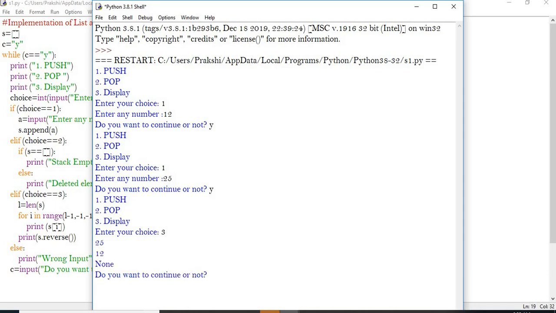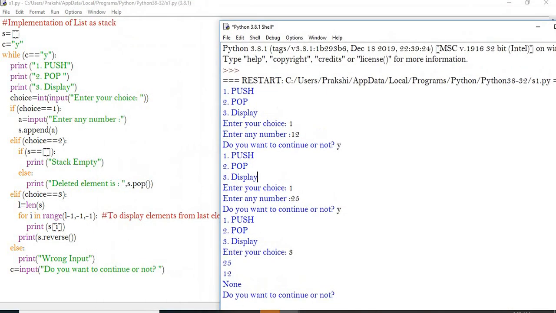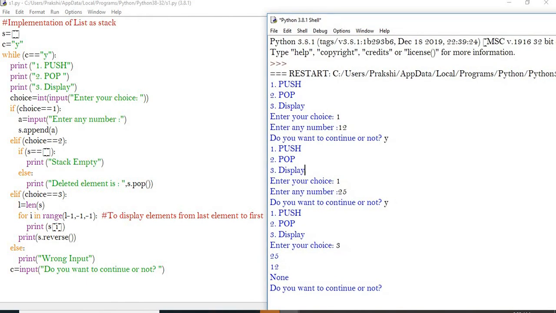तो यहाँ पे देखिए डिस्प्ले जैसे आपने किया तो पहले आपका 25 डिस्प्ले हो जाएगा, लास्ट एलिमेंट से डिस्प्ले हो जाएगा. देन उसके बाद 12 डिस्प्ले हो जाएगा. देन लास्ट में स्टैक कुछ भी नहीं होगा तो नॉन डिस्प्ले कर देगा. तो यहाँ पे हमने क्या किया, पुश एंड पॉप ऑपरेशन परफॉर्म किया है स्टैक के ऊपर. और वी कैन से कि लिस्ट के ऊपर अपेंड मेथड और पॉप मेथड हमने यूज किया है. अपेंड मेथड लिस्ट के लास्ट में एलिमेंट अपेंड कर रहा है, एंड पॉप मेथड लिस्ट के लास्ट से एलिमेंट को डिलीट कर रहा है. तो आई थिंक आपको पुश एंड पॉप ऑपरेशन का कंसेप्ट समझ में आया होगा.